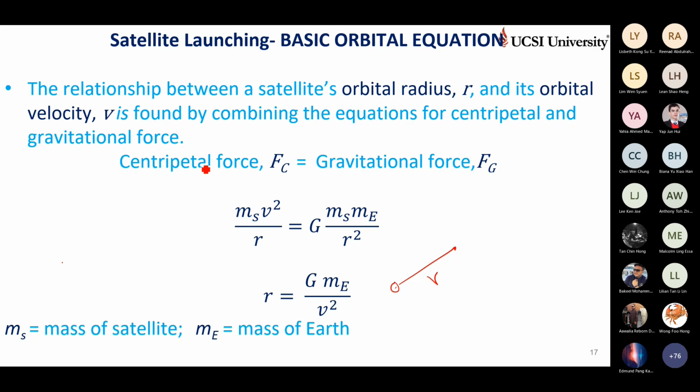How do you do that? Equate the centripetal force, or balance the centripetal force, to the gravitational force. If the gravitational force is greater, it cannot stay in orbit, right? It is always being attracted by the Earth. Since they are balanced, they are in orbit. If this is more also, it will go closer. So you need to balance these two forces acting on the body. By that, you can maintain the orbit, or keep the satellite moving always in rotation for a dedicated period of time. Okay, this is how they do it.